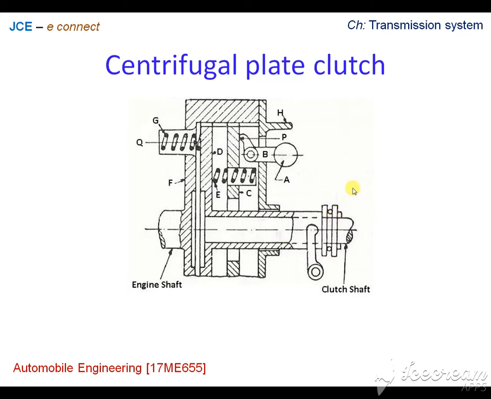Now during this operation, when the shaft is in rotating condition, we see that the weights will be flying outward as shown here.